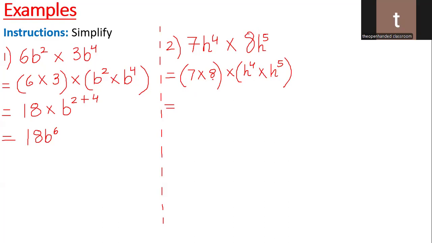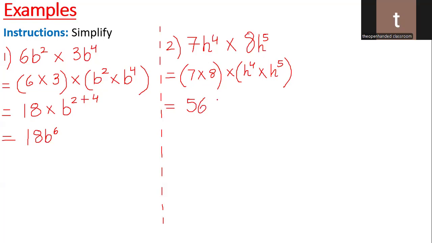No, these are not called bases unless there is a power. I mean, technically they are bases because it's to the power of 1, but we just refer to them as whole numbers when we don't have an actual number or exponent in front of it that's visible. Okay. So 7 times 8 is what? 56. Good, 56.